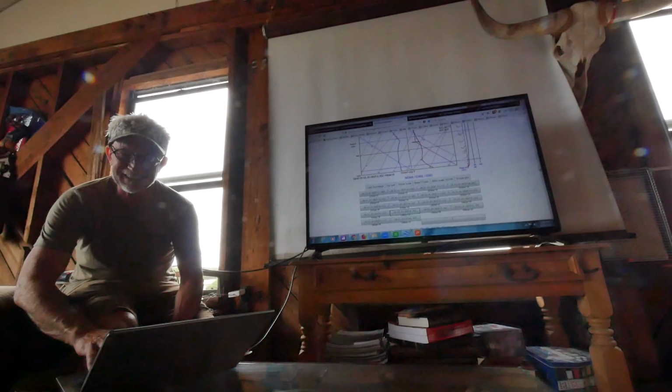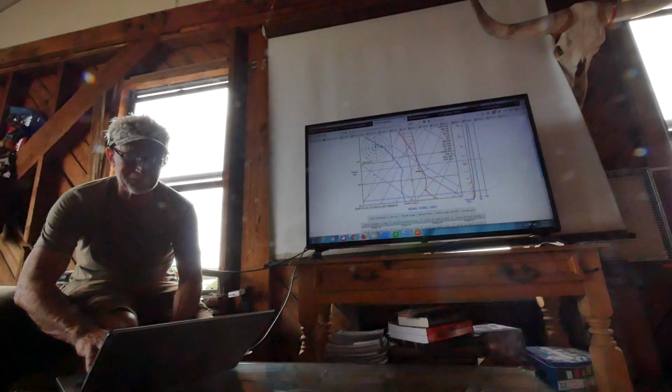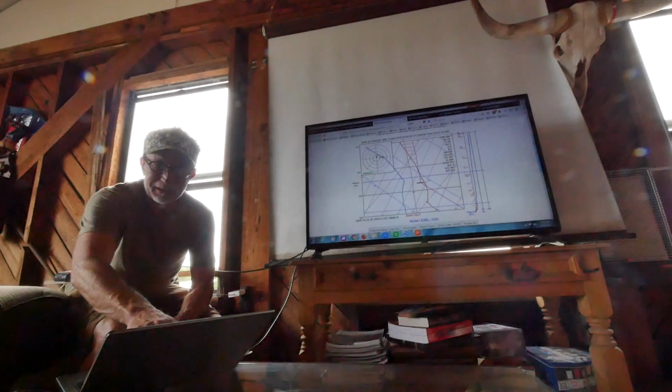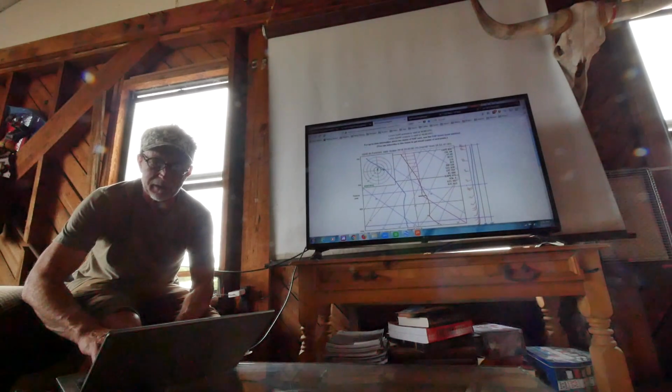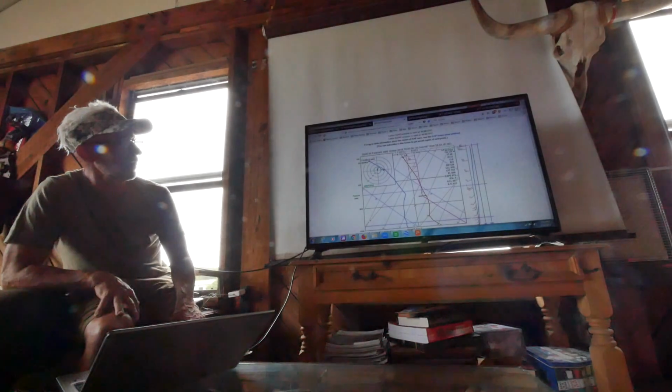But what I would tell you it is telling me is that there's going to be some cumulus development. And you can see that the parcel rises above that then, and it's to the left of the environmental lapse rate. And you can see that there is still cumulus cloud development, condensation